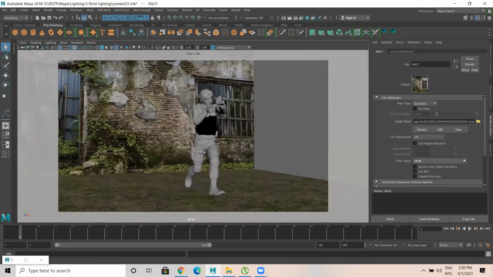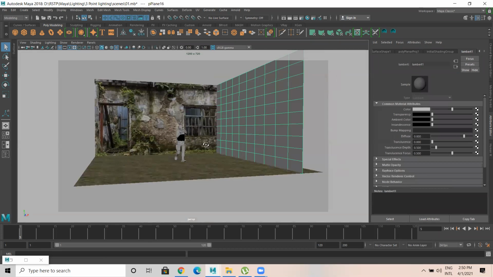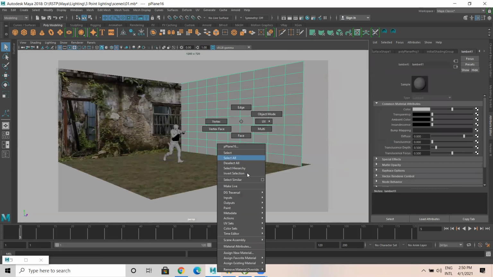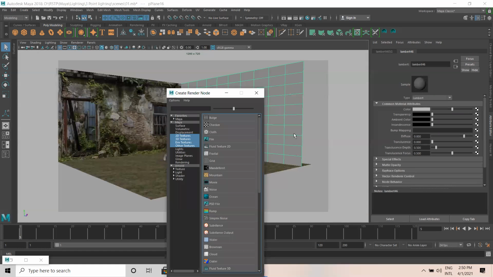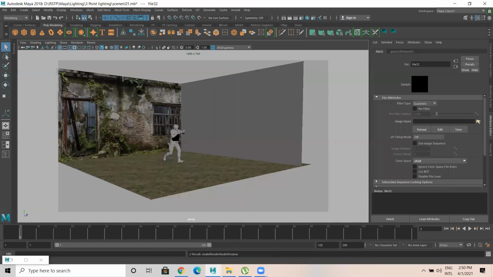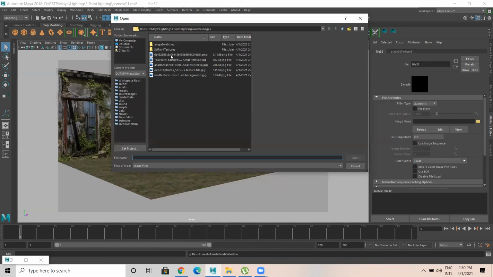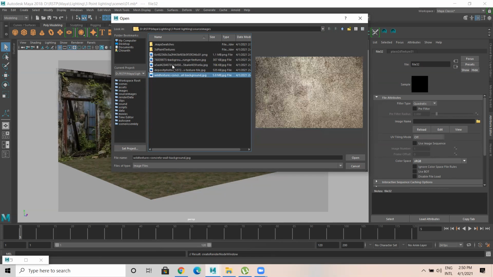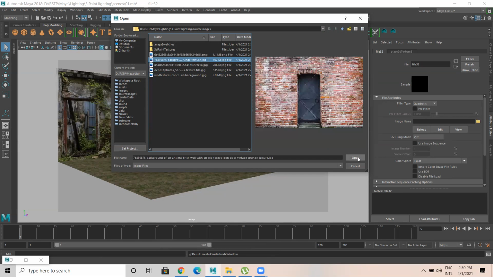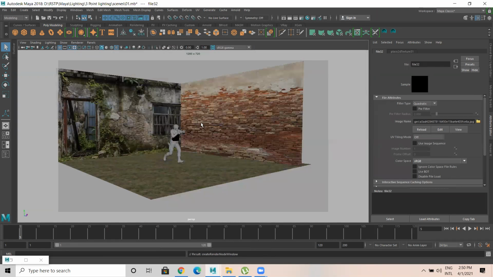It's matching. Now let me take this one. I'll assign a new material, again Lambert. Take an empty file. I think I'll go with this.